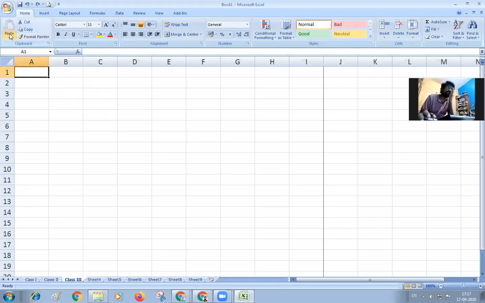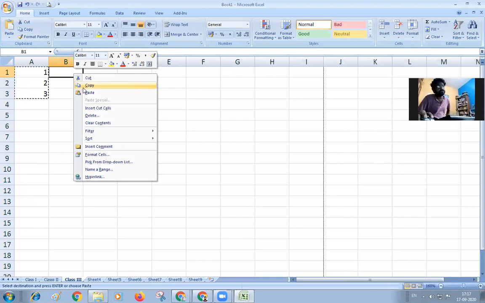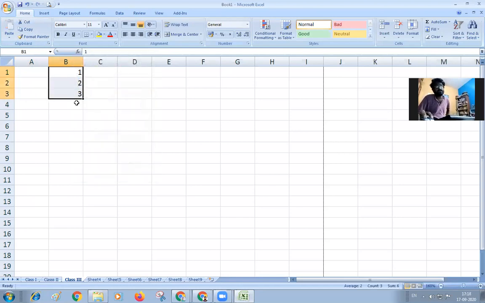And here you can see there are options called cut, copy, paste, and format painter, which are the same as what you have usually done in MS Word also. You can see this, I'm making this 1, 2, 3. Then same cut, it will be cut over there. And if you select the place and press the paste option, then the paste will be done.